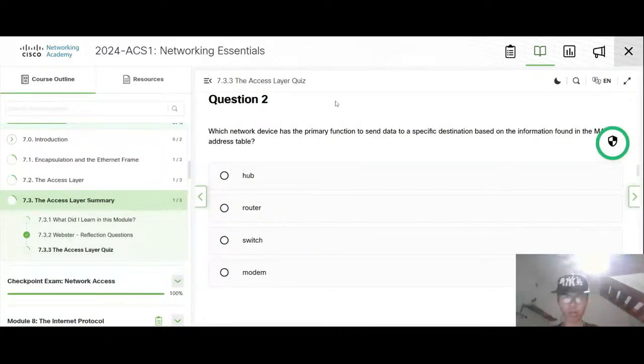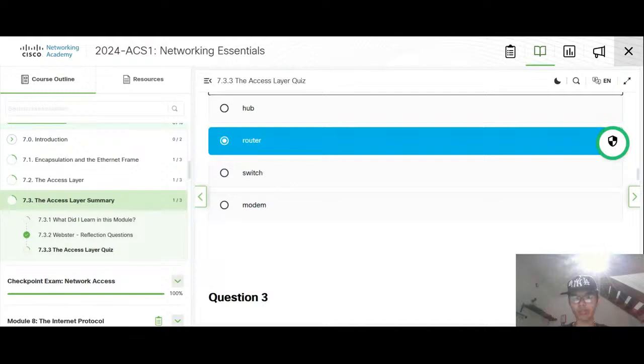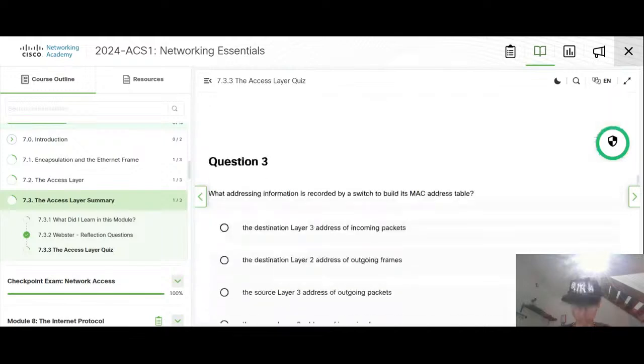Right. Which network device has the primary function to send data to a specific destination based on the information found in the MAC address table? Send data to a specific destination is router.